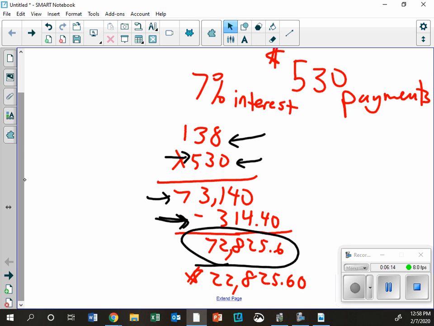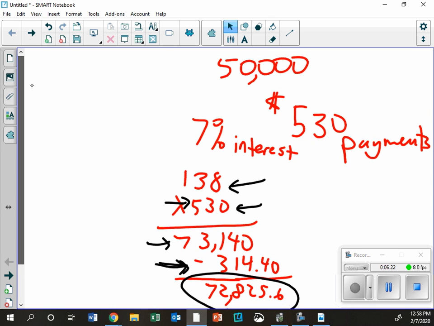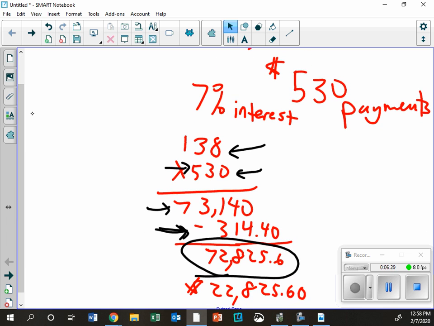So how could we figure out what the payments should have been to make this a 5-year loan? Assume for a moment it was a car loan. You were buying a $50,000 car. That's not that crazy. 35 is the average car. There's a lot of $50,000 cars out there. You're not going to have the same payment because this one took us a pretty long time, 138 payments. So if we wanted this to be a 5-year loan,